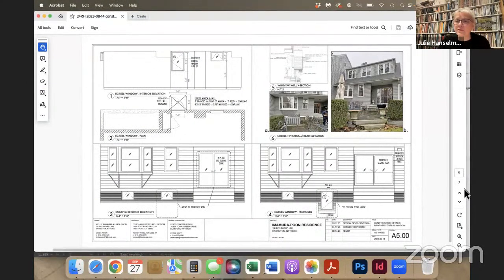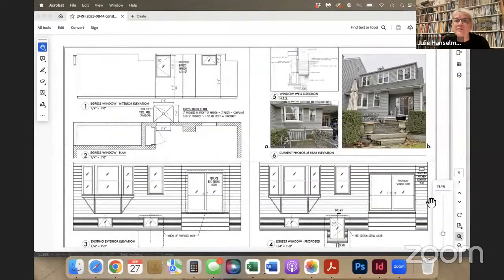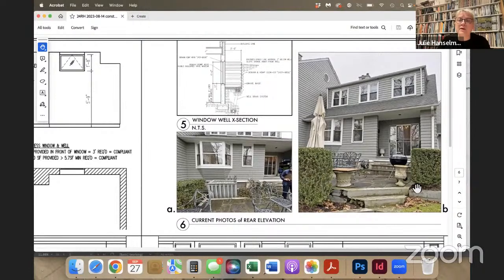Let me give you a better look at the facade as it is today. Our first application is to change this basement window into an egress window. Our clients, although not compelled by law, asked us to add an additional fire egress from their basement. And the second part of the application is to take this slider, which is now 6 feet wide, and replace it with an 8 foot wide slider of the same make, just to increase the amount of sunlight in that part of their home.